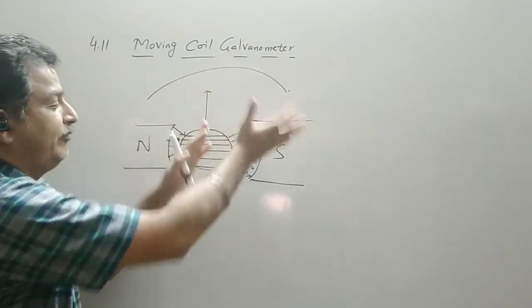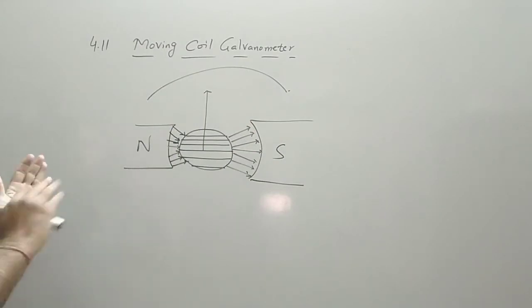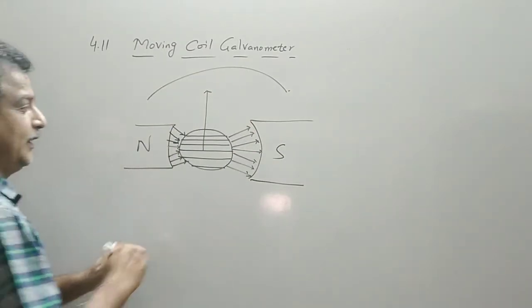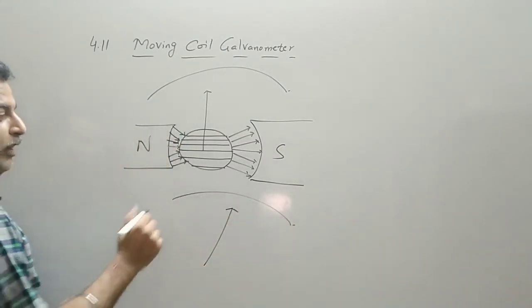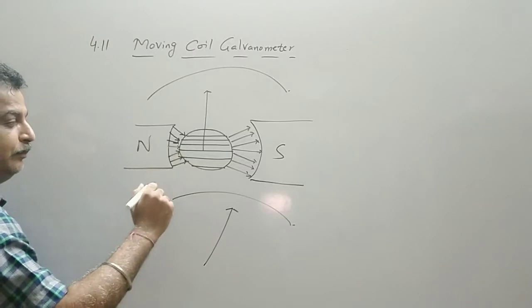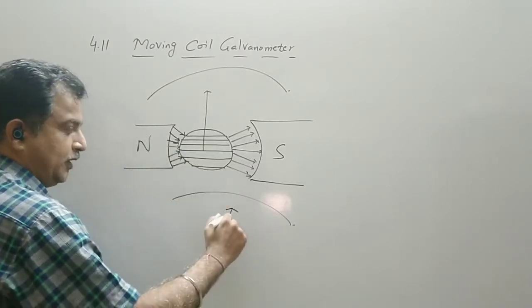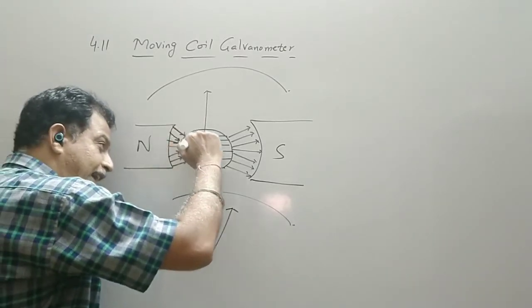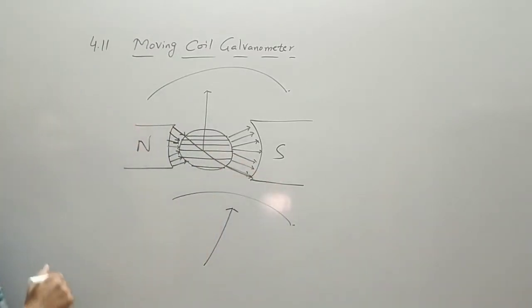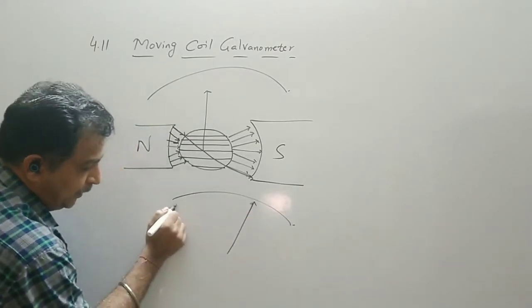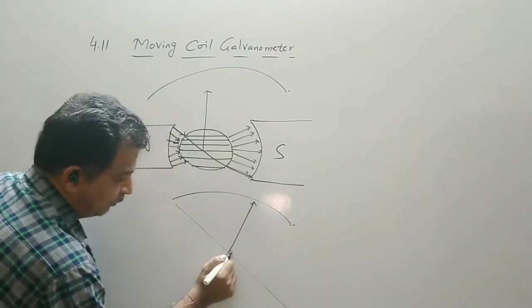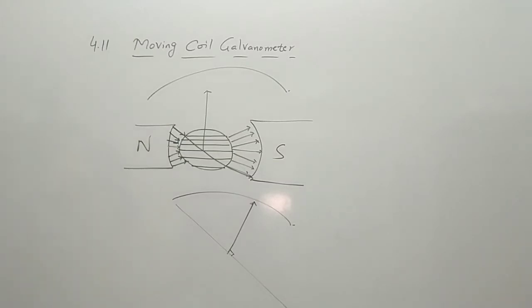Now when it gets deflected, suppose the pointer is deflected towards this side. Now what will happen on this side? At that time, suppose the pointer is deflected like this, I will take this magnetic field line. So what will be the angle? 90 degrees. This will be the 90 degree angle. So the magnetic field lines you have to take